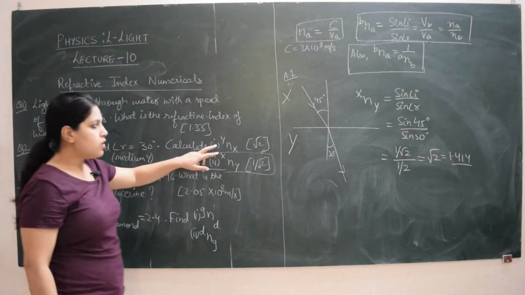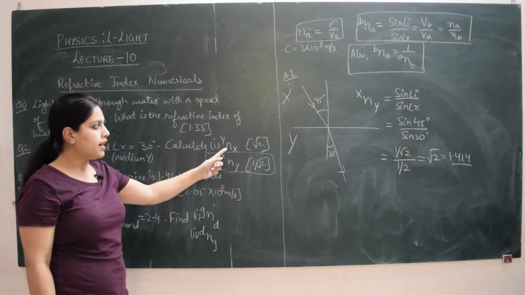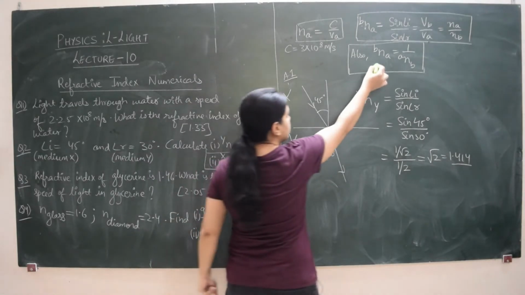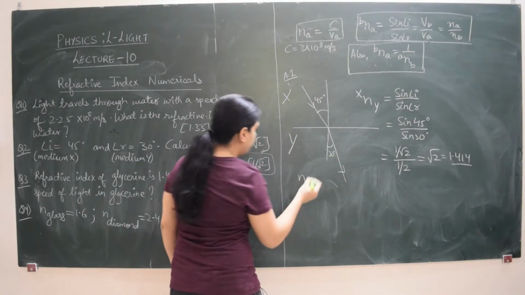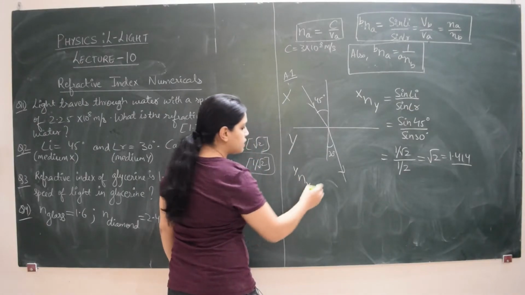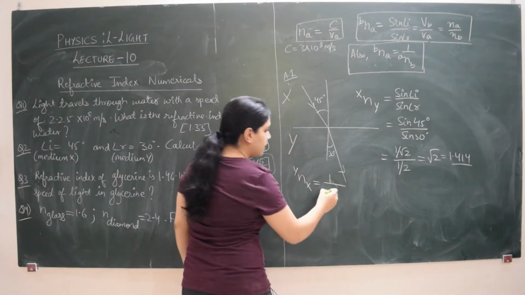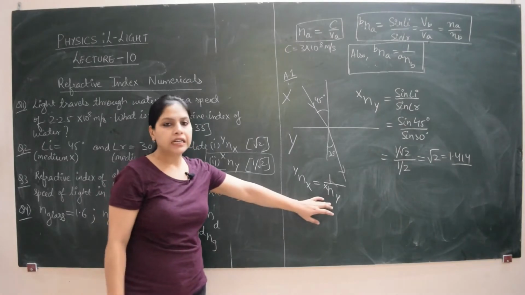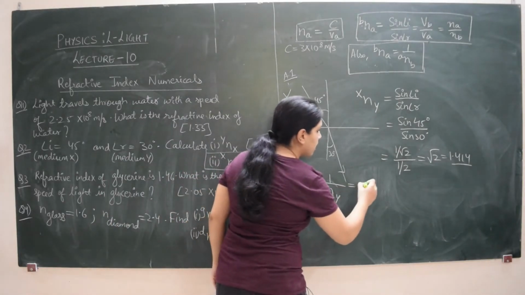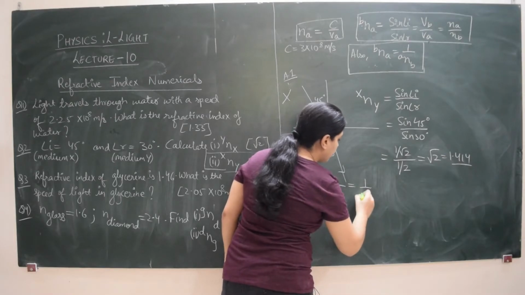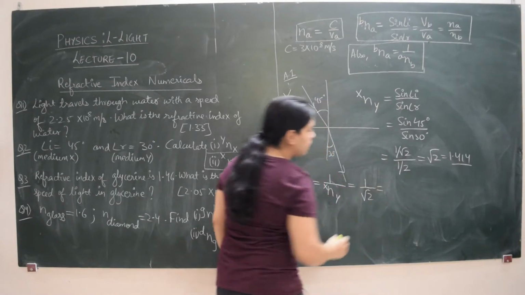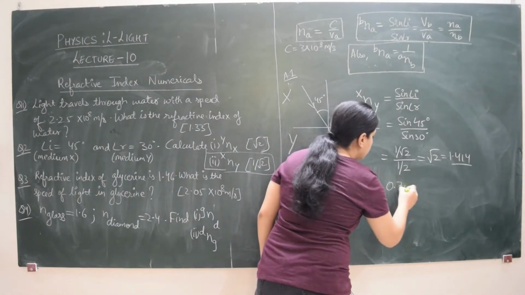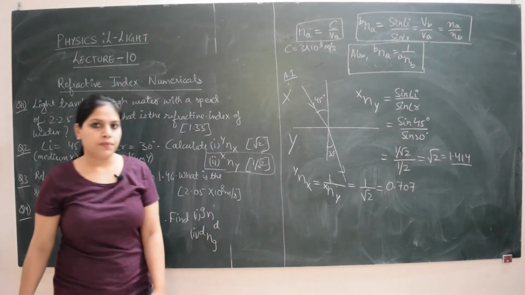Okay. But now it also asks for the reverse thing. Now it wants us to find the refractive index of medium X with respect to Y, which is written at the top. So using this relation, I know that refractive index of medium X with respect to Y will basically be the reciprocal of refractive index of medium Y with respect to X, which we have actually determined. So this will be 1 upon root 2, and once you solve it, it is preferable that you don't leave the question in irrational form. So after you solve it, this comes out to be 0.707.